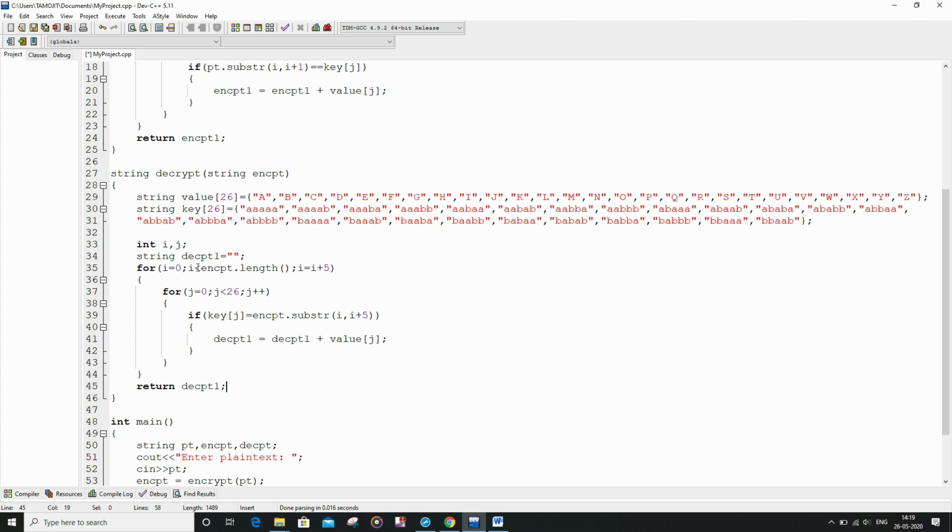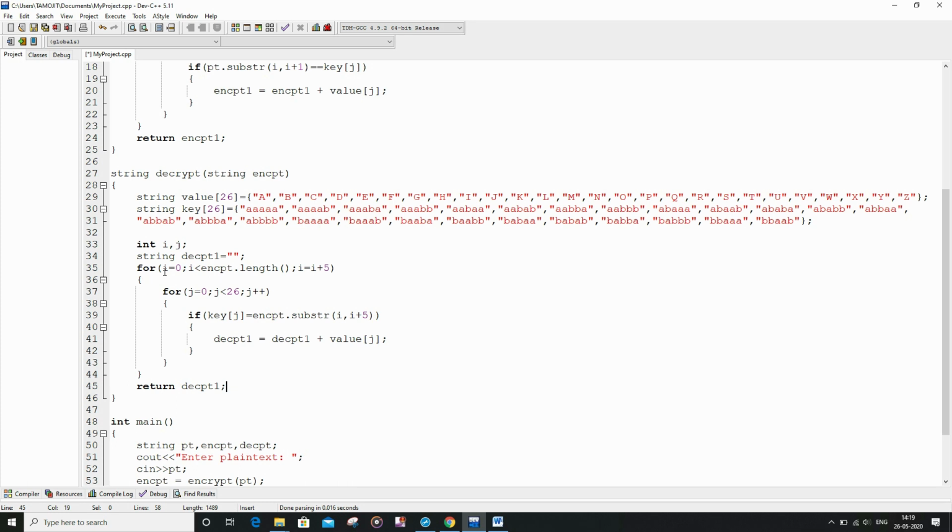So now let me explain. First of all, as you can see here, we have an outer for loop and an inner for loop. For the outer for loop, suppose we have got the encrypted text in the form of A and B, and after that I am basically going to divide the encrypted text into segments of 5 characters consisting of only A and B, and for each of the segments, that's why I had written i equal to i plus 5, because I am here considering only the first index of each of the segments of the encrypted text.